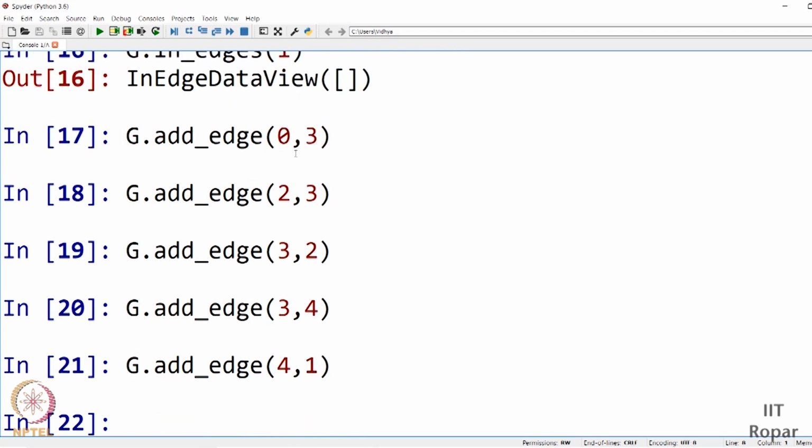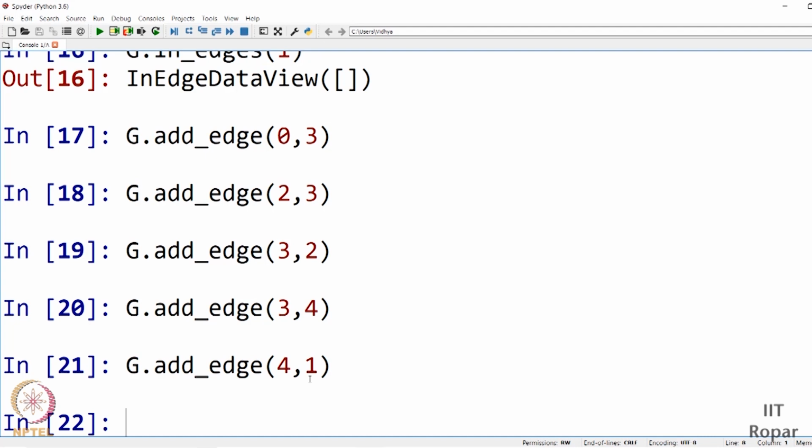You are giving the source, the starting point, as the first element and the target, or the end point, as the second element. This order matters. Please note this, unlike in an undirected graph, you cannot give it in any order. Please note 4, 1 doesn't mean that 1, 4 is also present. That is, if there is an edge from node 4 to node 1, it doesn't mean there is an edge from node 1 to node 4.